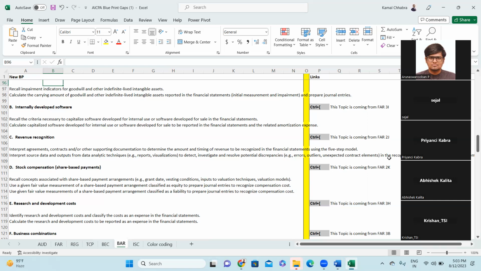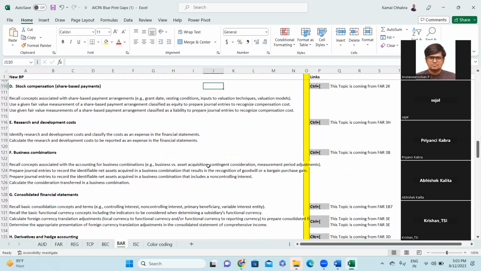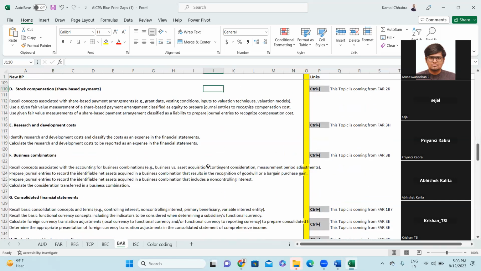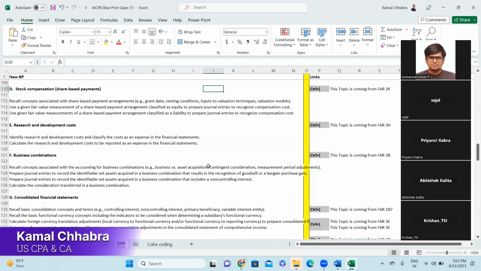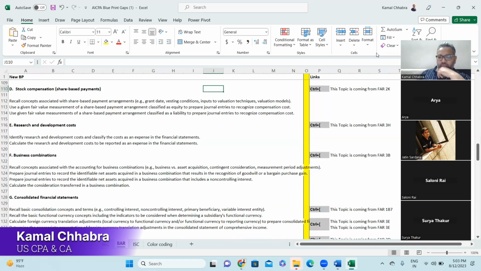Next is stock compensation. Have you heard this term, stock compensation? Yes. What is that? Basically, when companies enter into an agreement with their employees that some part of their compensation would be paid out in the form of shares, like RSUs, restricted stock units, and there are other stock units as well that are given to employees after completion of a certain term with the company. Anyone else would like to add something?